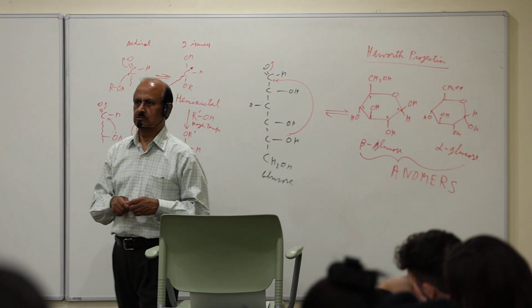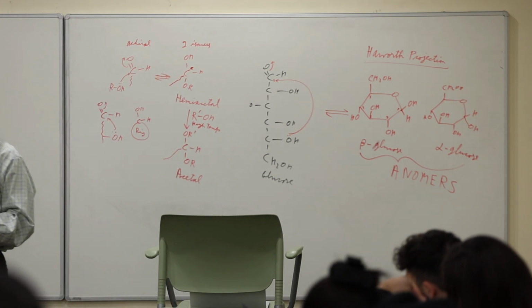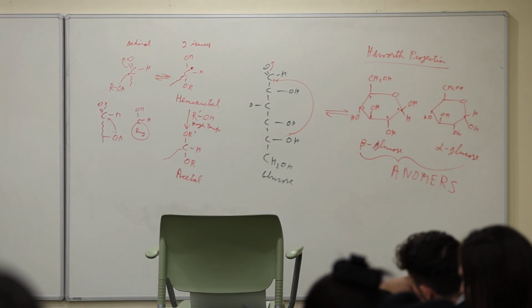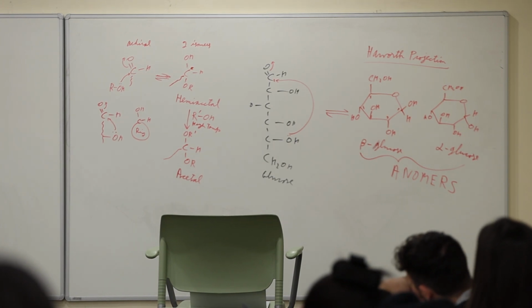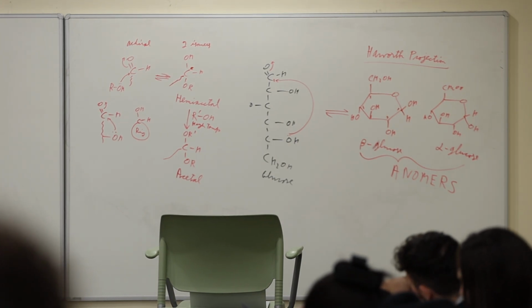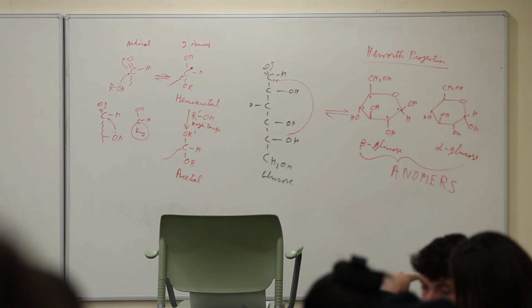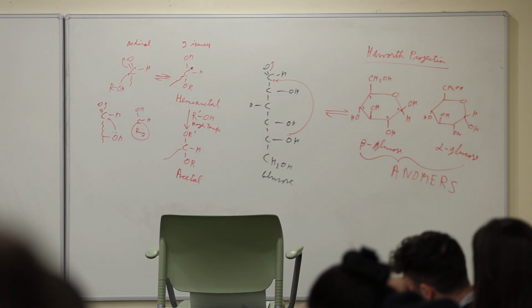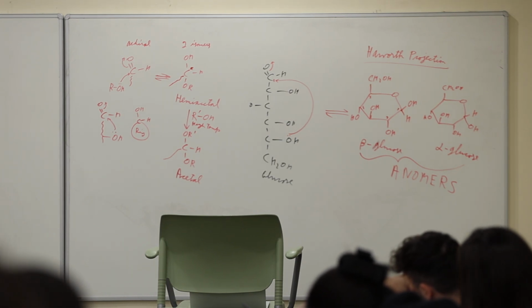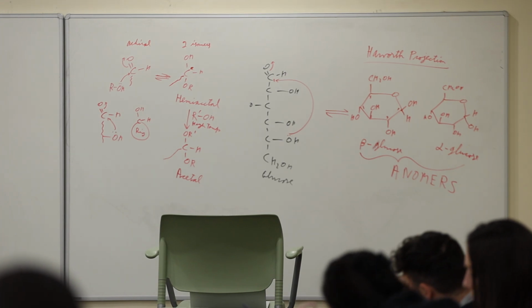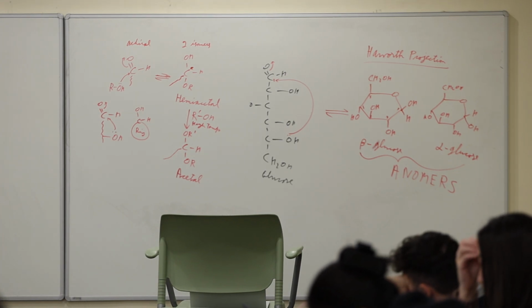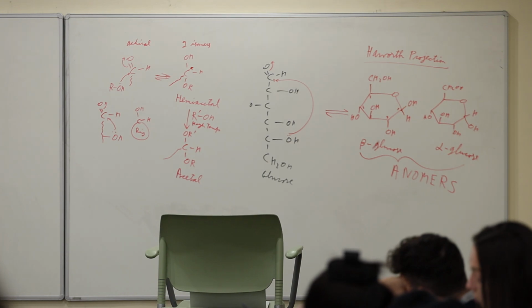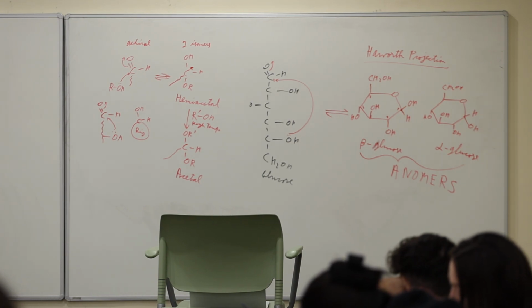So anomers are the two stereoisomers at carbon 1, or the carbonyl carbon. This was the carbonyl carbon, and now it is a chiral center. You get two isomers because of that, and those are called anomers. Or you can say anomers differ from each other at the anomeric center, or anomeric carbon, which is the carbon